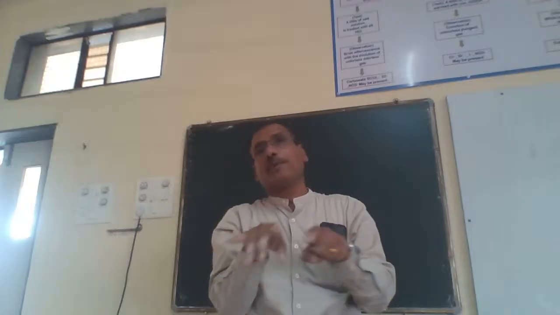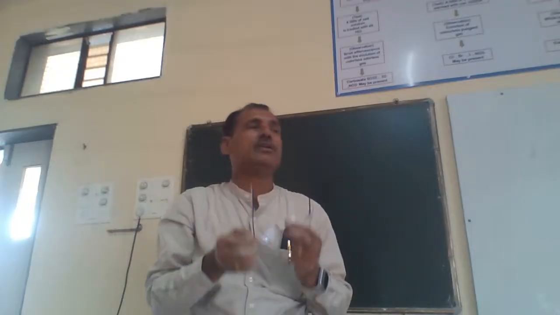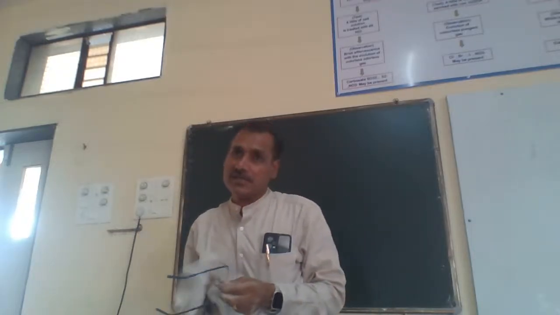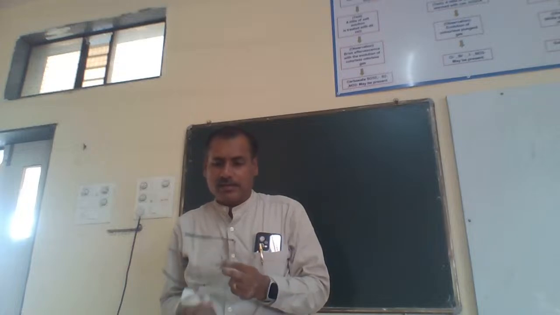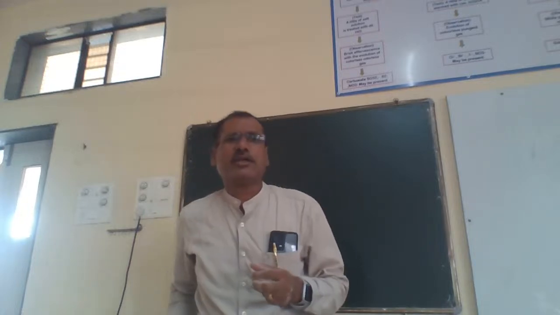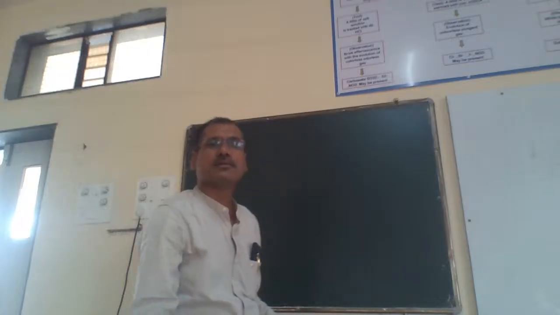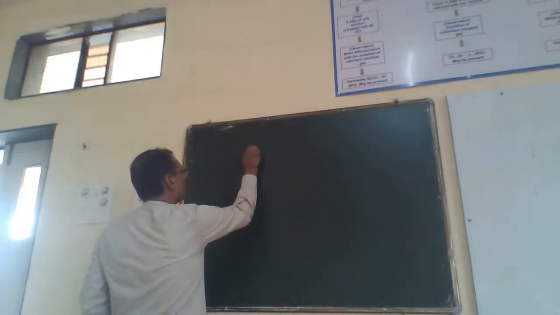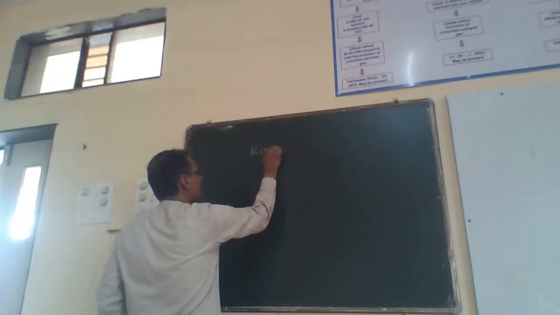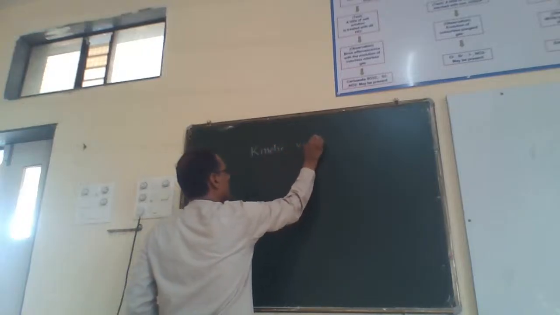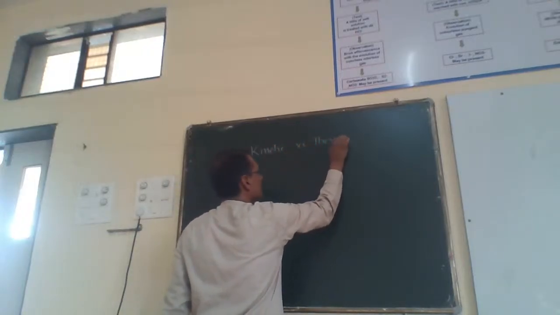Based on these four factors, we can tell which enolate will be stable. Now, let me take you to the very fundamental point, what is referred to as kinetic versus